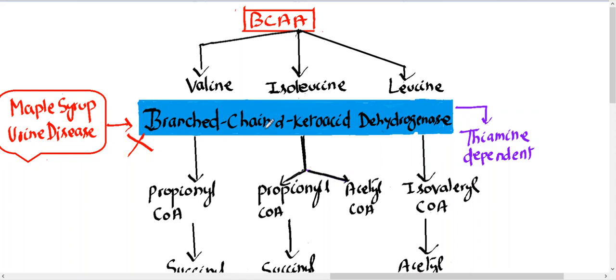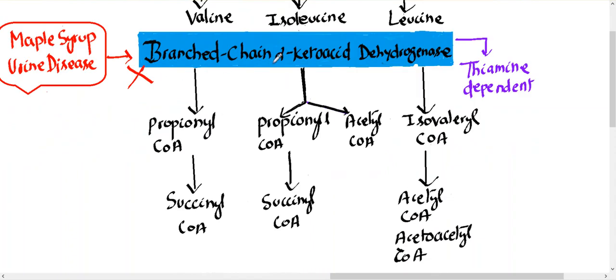With the help of branched chain alpha ketoacid dehydrogenase, which is a thiamine dependent enzyme. So guys, let me know in the comment section what the other thiamine dependent enzymes are. With branched chain alpha ketoacid dehydrogenase, valine will metabolize to propionyl CoA, which will ultimately form